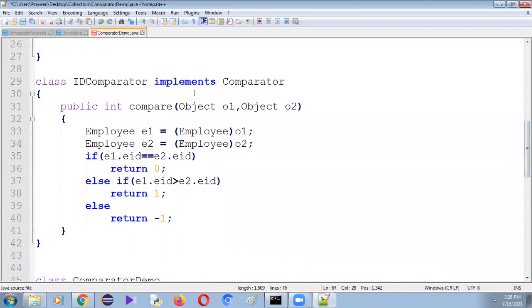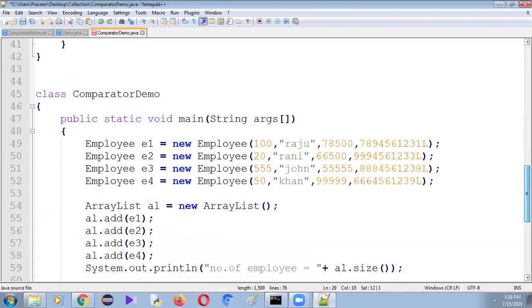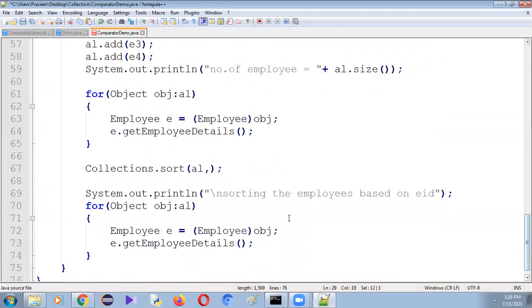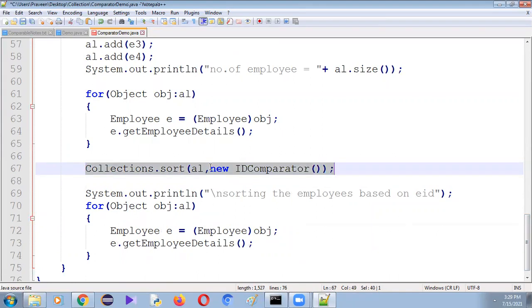That logic we have written inside the IDComparator class. In the second parameter, pass the object of IDComparator, that is new IDComparator. Now it will sort all the employee objects based on the employee IDs.